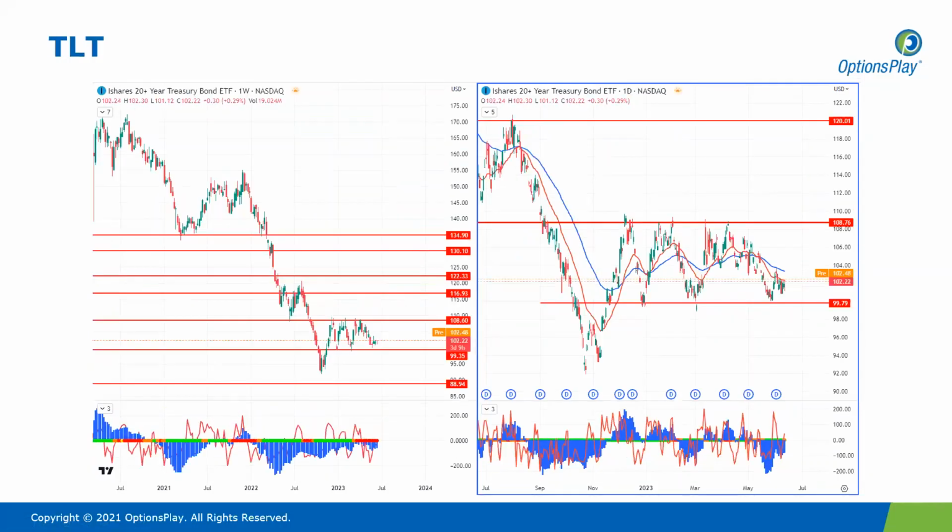Moving on to TLT, the Treasury Bond ETF. So TLT has actually managed to once again stay above this $100 level, which is a new area of support. And price is getting capped here at 104, acting as a minor area of resistance, a previous area of support. So this range for now has become a little bit tighter. And we'll see what happens, how price reacts to the CPI data announcement at the open. But a breakout of 104 would indicate a revisit to 108. However, if we see a breakdown here, if we see a failure to break out, we could see price revisiting this $100 level, which so far has been acting as a very strong area of support.